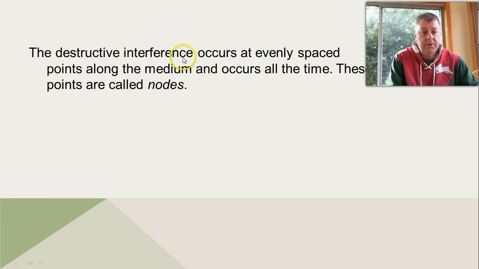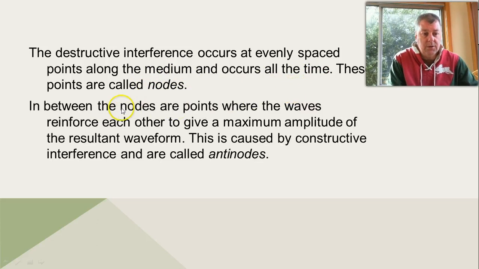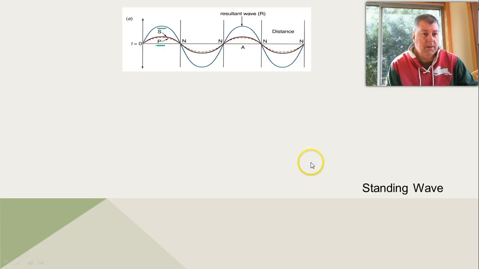Now the destructive interference occurs at evenly spaced points along the medium and occurs all the time. These points are referred to as nodes. So that's where you get destructive interference. Between the nodes are points where the waves are constantly reinforcing each other and producing a maximum amplitude, and that's where you get constructive interference, and that's where we call antinodes, and that's where you get your supercrests and your supertroughs occurring. So let's just walk our way through one, and then I'll do a couple of animations to highlight,